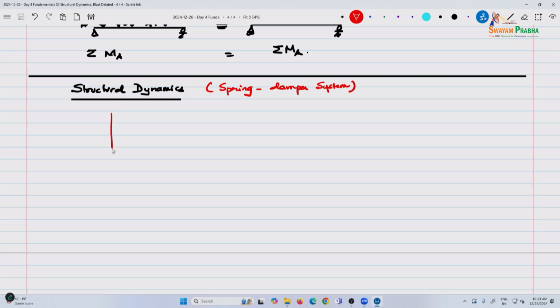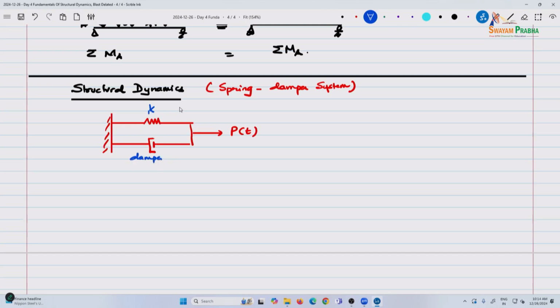So in a spring damping system, you have a spring and you have a damper, represented this way. It's a classic, and this is the load function. So now we are adding an additional damper. We have seen the force is Kx. Now that's your stiffness. In a similar way, a damper,